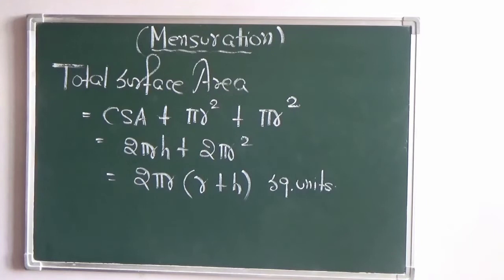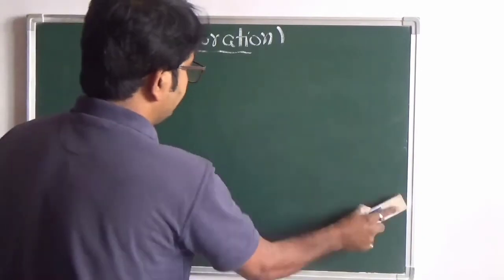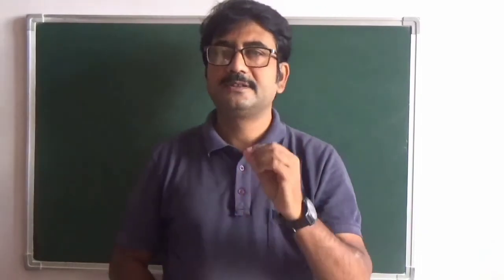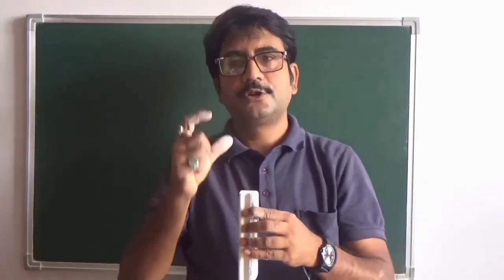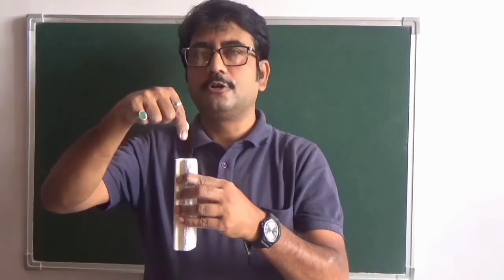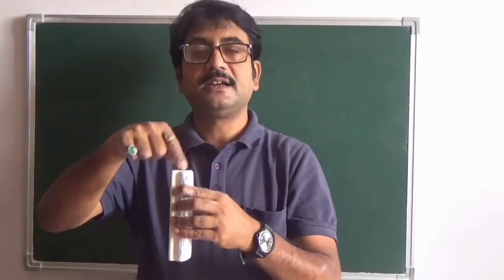Now let us first understand what is called the volume. The volume of a cylinder signifies the amount of material it can carry, or how much of any material can be immersed into it. In other words, we mean the capacity of this cylinder. The amount of space which it occupies is called the volume of this three-dimensional shape, that is the cylinder.